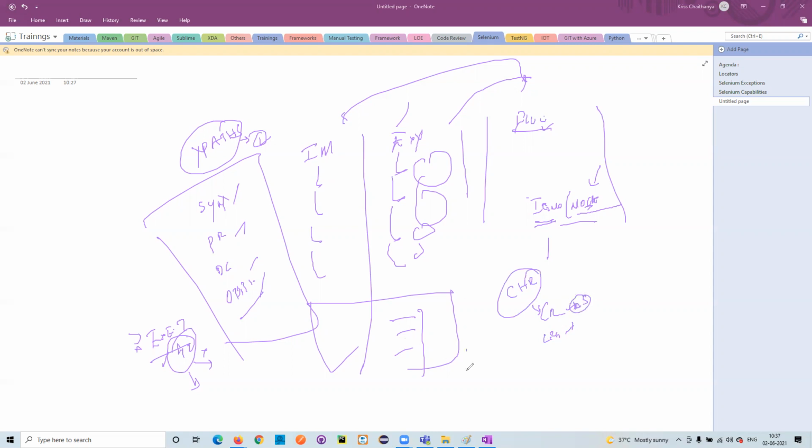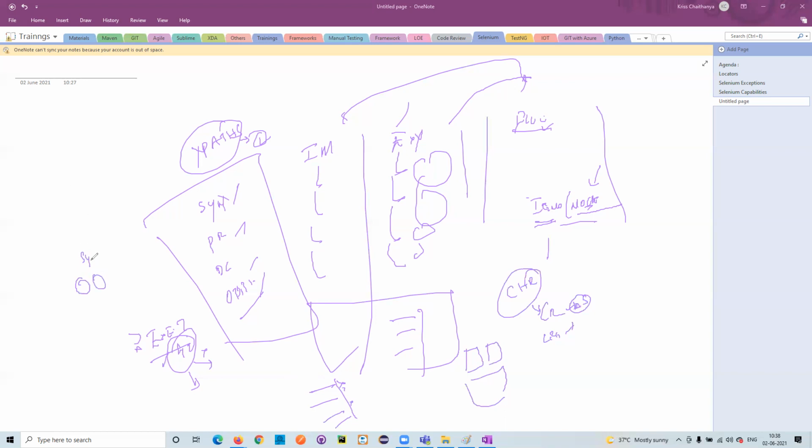If you see Ashwin's code, or Harish's code, or whatever code you are seeing now, you will see most of it with this Thread.sleep. You shouldn't use Thread.sleep at all. What was happening is, we are trying to handle the application. Why do we use synchronization? We are trying to match the tool speed and the application speed.